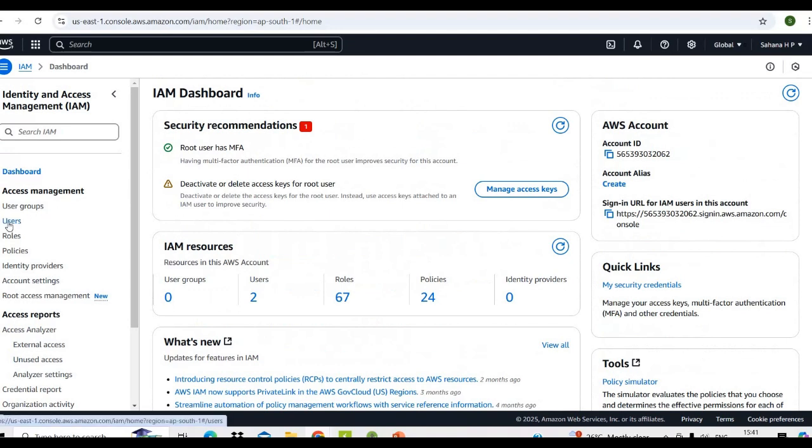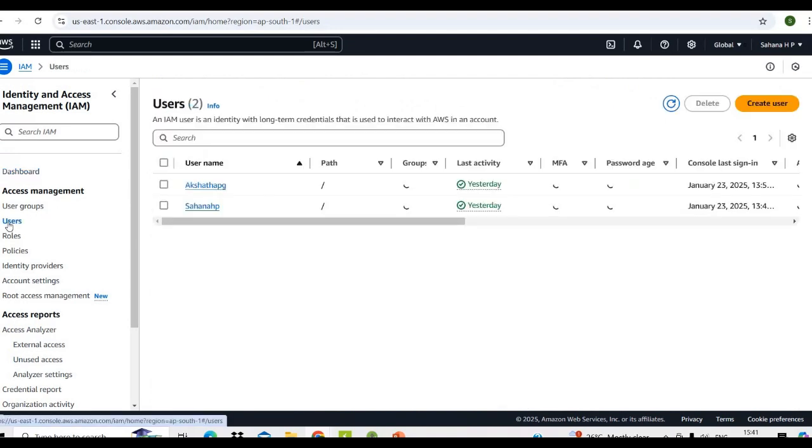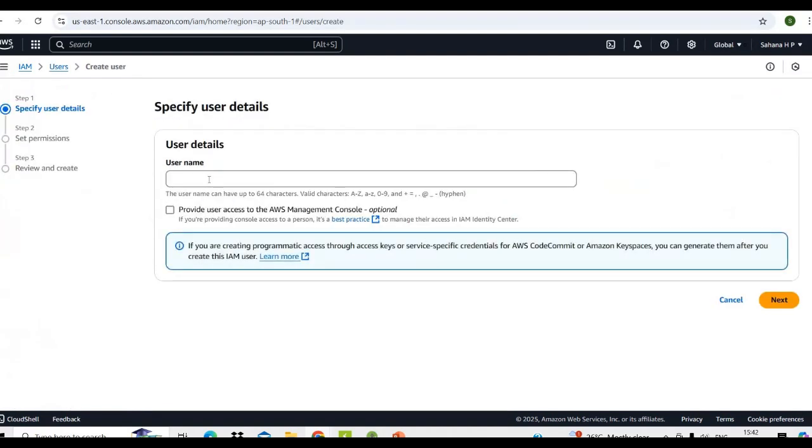Then click on users. Here we can see I already have 2 users. It contains the username. I will show you how to create a user. Click on create user. Here we need to give the name. It's the username, whatever you want. I will give the name